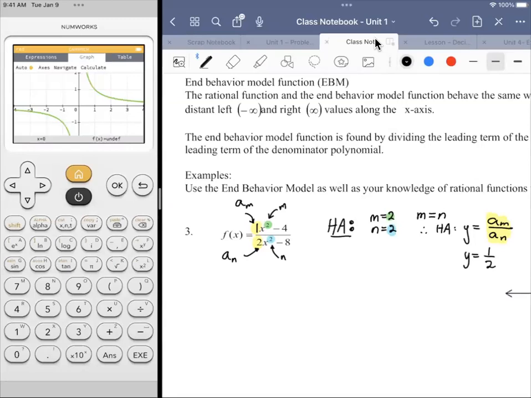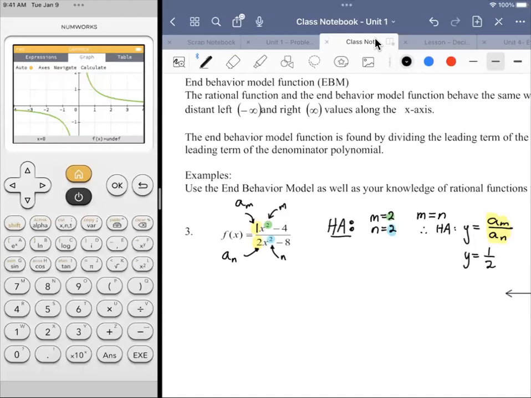All right. So that's going to be my end behavior model. But the thing is, this concept works for more than just horizontal asymptotes. It just turns out that this one has a horizontal asymptote. All right. So what I could have done, if I followed the letter of this end behavior model method, I